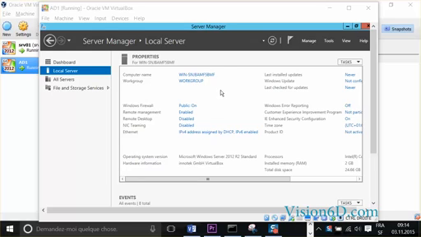I have here in front of me a server that was freshly installed. When it's freshly installed, you see that it gives it a non-pronounceable name, so we have to change that name. We'll change the name to AD1, like Active Directory 1, and we'll also change the workgroup so that it becomes the domain formation.local. In order to do that, I will first of all look at the IP address of this server,